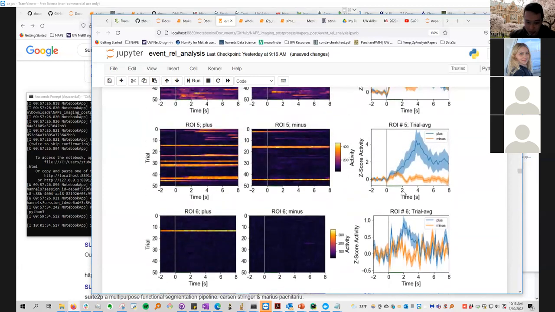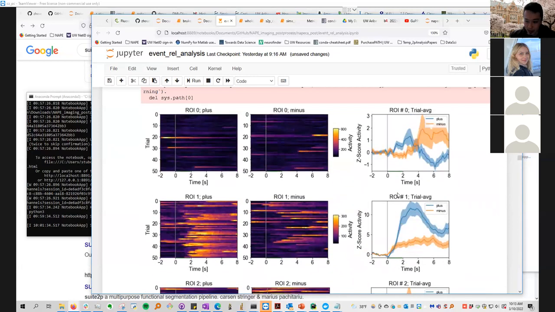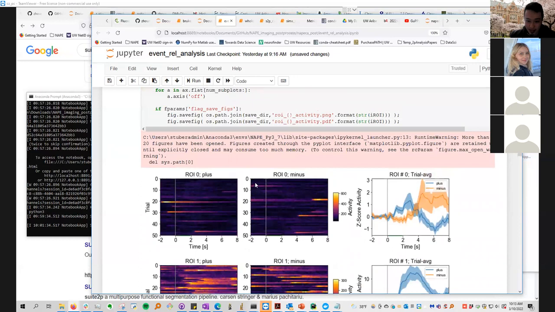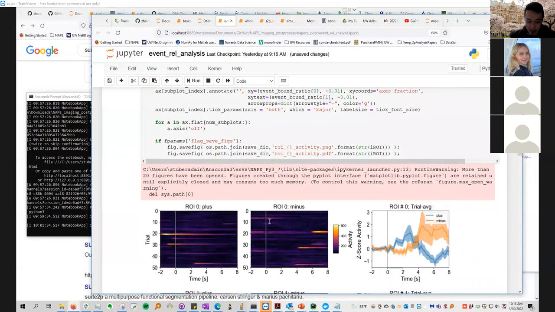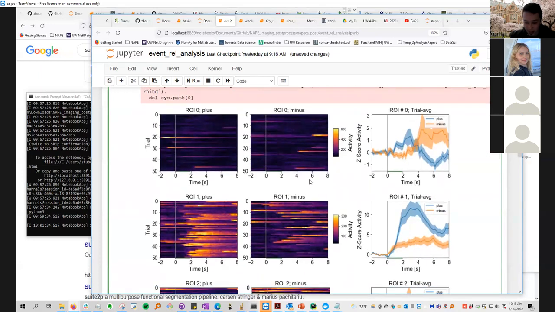But if you run into the situation where you have way too many cells, there's a way to suppress visualization here and just make it so that it saves these plots as files that you can scroll through later. But hopefully this is not too intensive for your computers, but you can see here that now